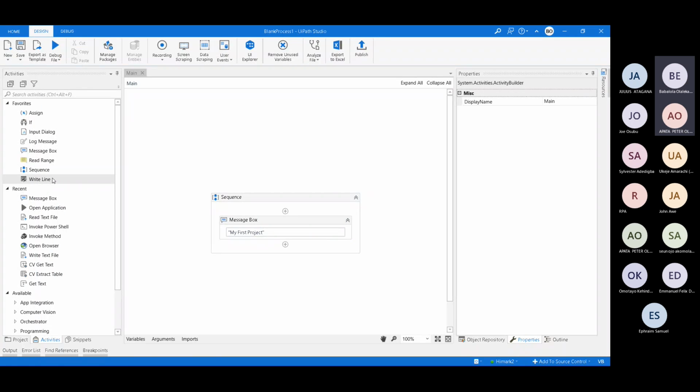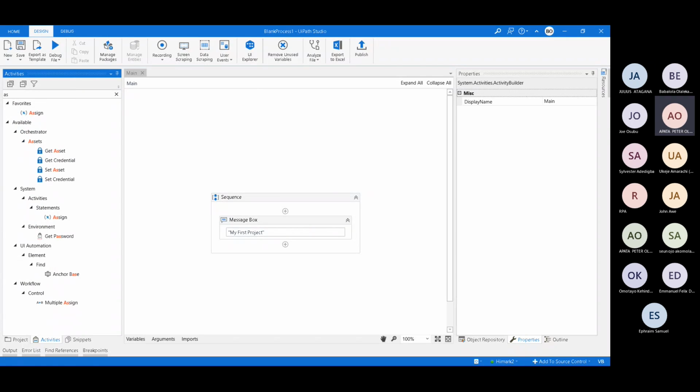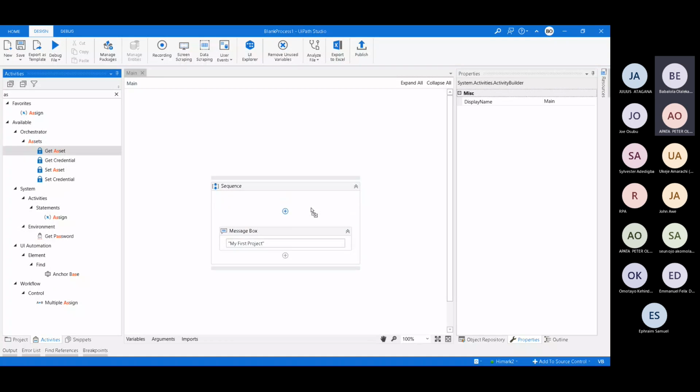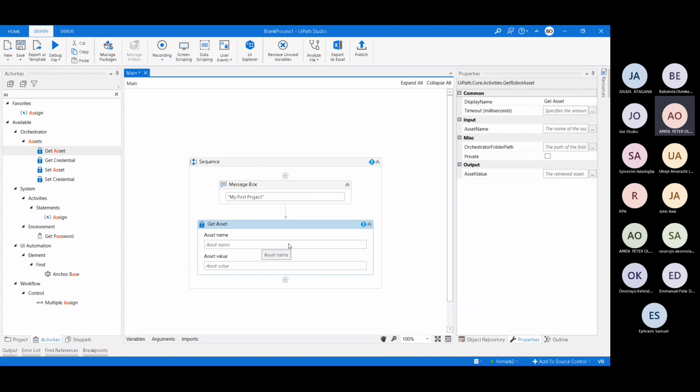So we want to make use of assets. We can put the assets there: get assets on your activity. Just type assets on the activity panel. I've done that. So, get assets.